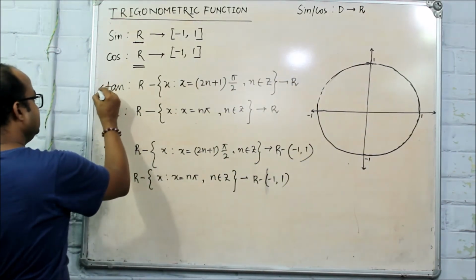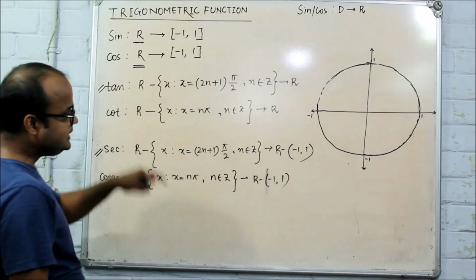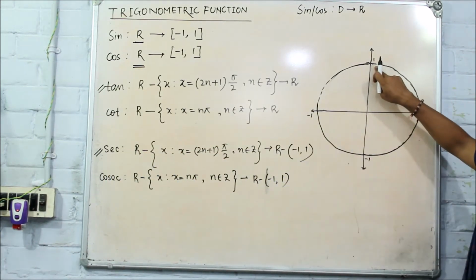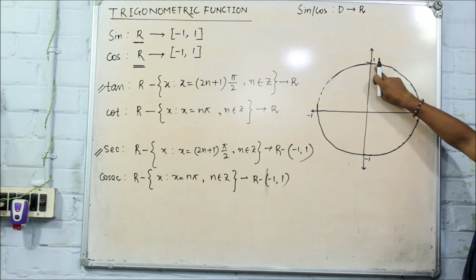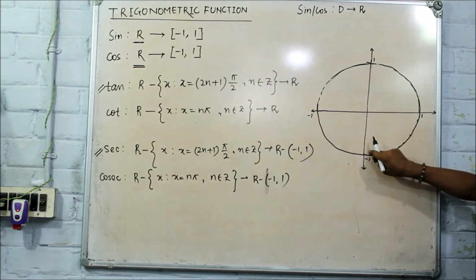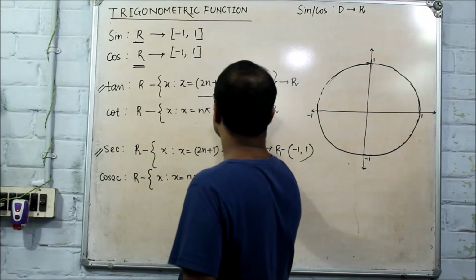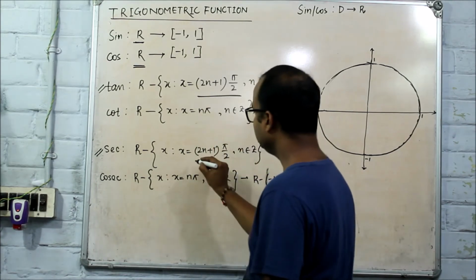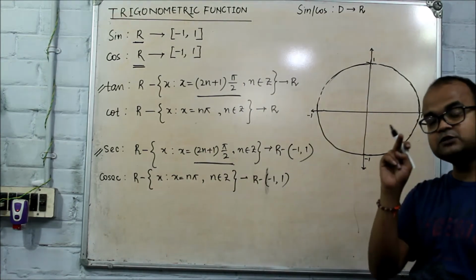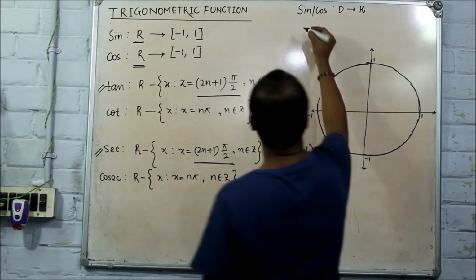Now look at the domain of tan and sec. Tan and sec is undefined at 90. If it is undefined at 90, it will be undefined at 3 pi by 2 also, that is 270. So see, R minus (2n plus 1) pi by 2. 2n plus 1 is always an odd number. So tan and sec